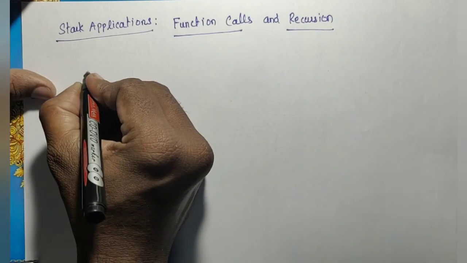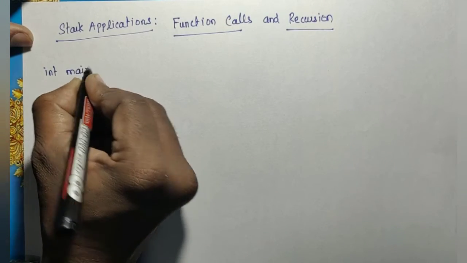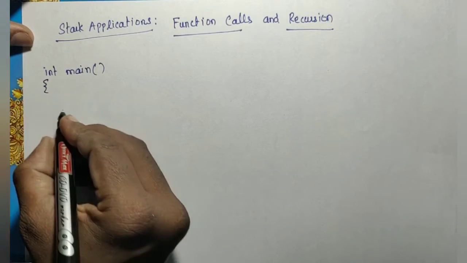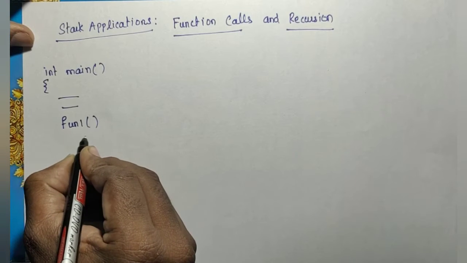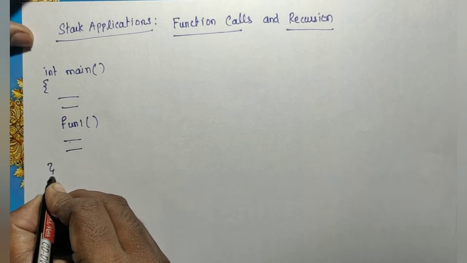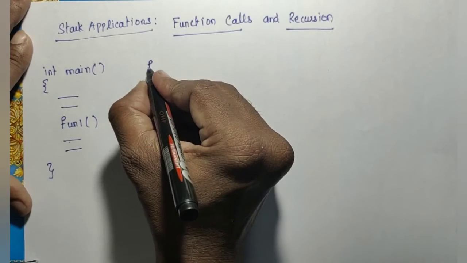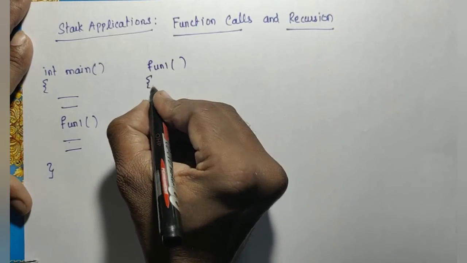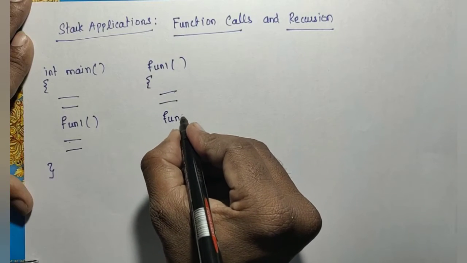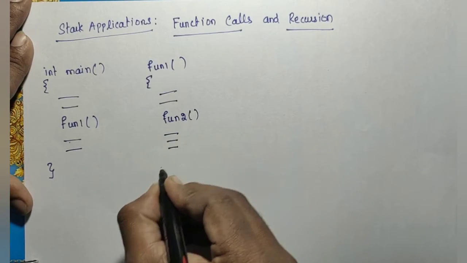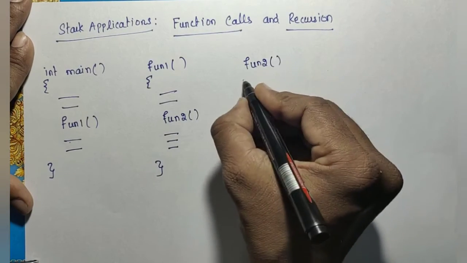Suppose you are considering a program like this: int main, and here some statements are there, then we are calling a function 1. This is another user defined function we are calling. This is the end of main. Another function definition is presented here, that is fun1. In fun1 we have added some statements. It is going to call another function 2, and then end of function 2. This is the function 2 definition,